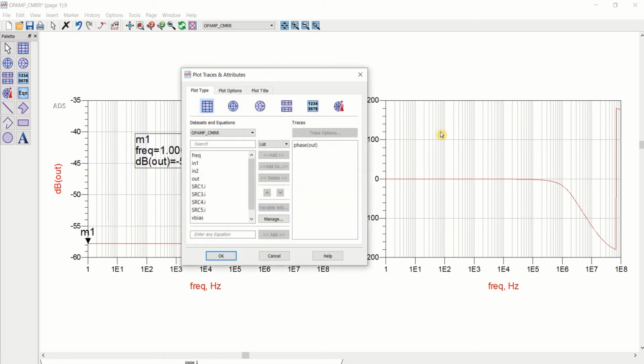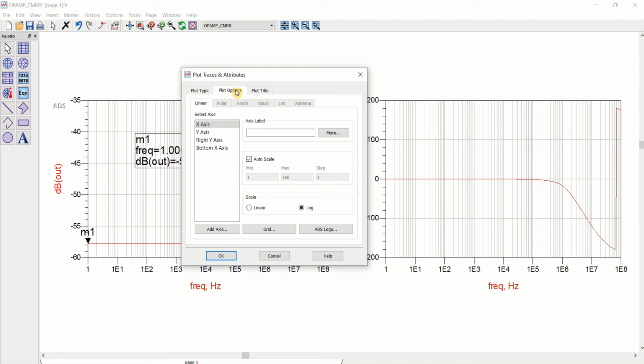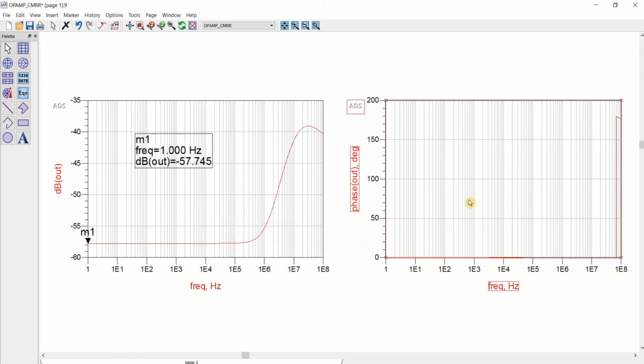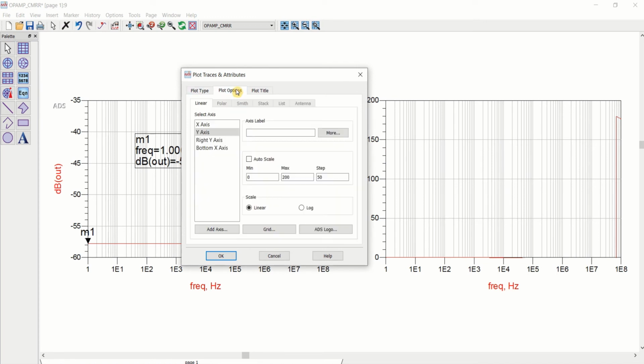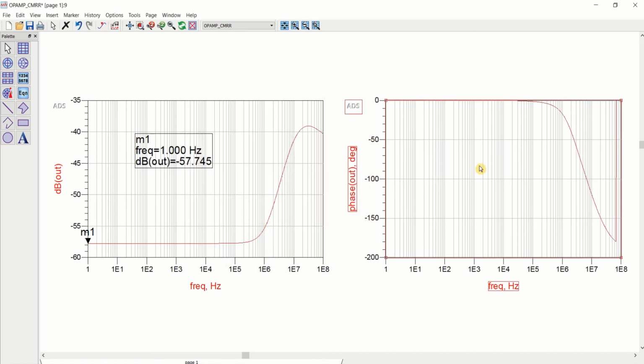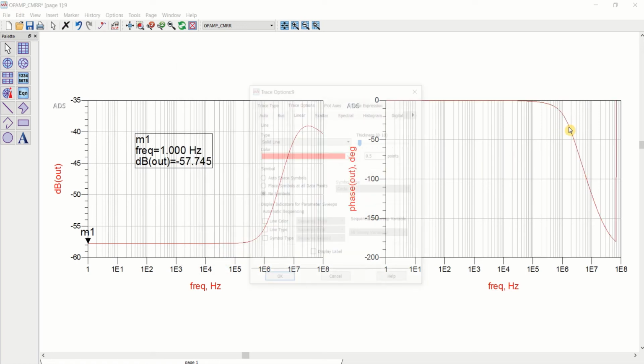You can set this particular scale: plot options, y-axis, I want to start at 0 to 200 in steps of 50, assume. I'll take minus. So this is the response.